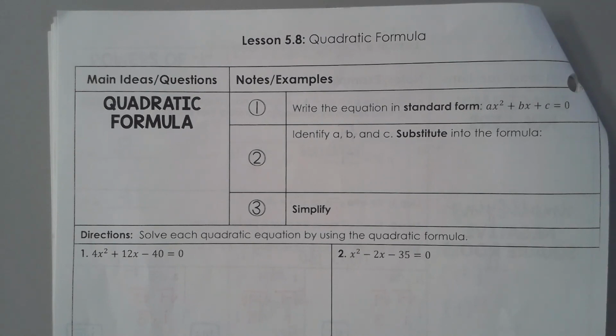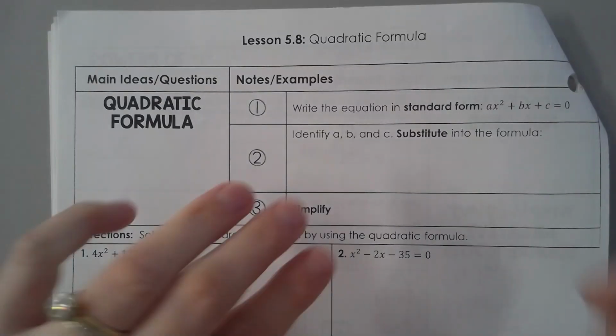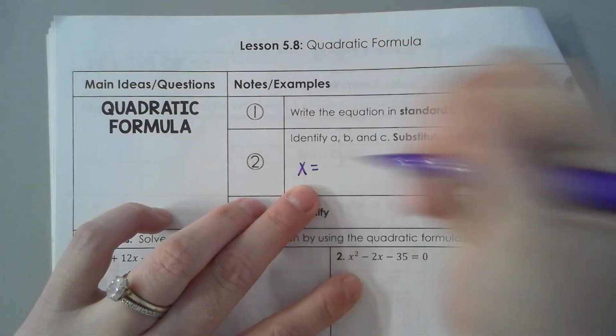Factoring, for example, does not work all the time. The square root method doesn't work all the time. The quadratic formula does work all of the time, but it can be a little bit more time consuming. So it's a long formula, and it is x equals